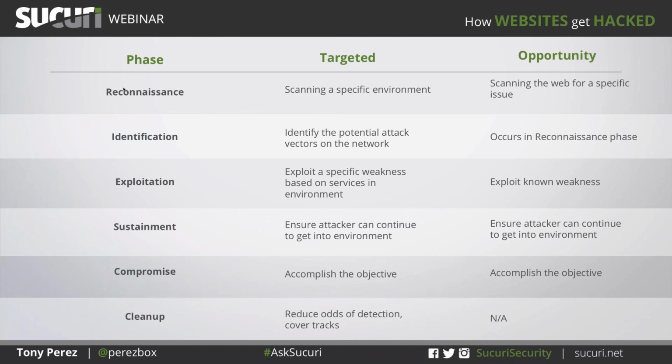So on the targeted side, I don't necessarily know how I'm going to penetrate an environment, and I'm interested in an individual. On the opportunistic side, I'm scanning everybody based on something I know is there that I want to exploit. I really don't care who they are or what they do. It's neither here nor there. And then they both go into the exploitation phase. Once I've identified the issue I want to exploit, I proceed with actually performing the exploitation. Am I successful?